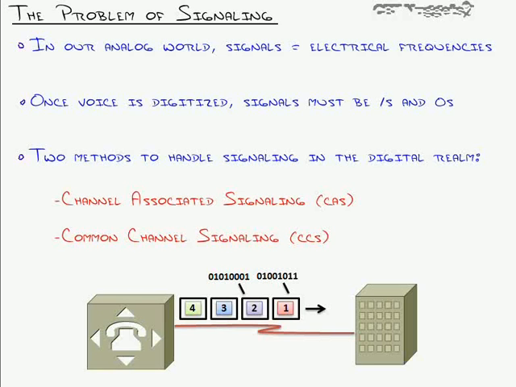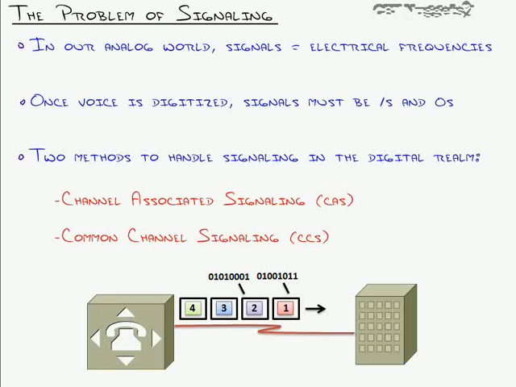The second area we have to conquer when we move into the digital realm is signaling. In the analog world, the signals were electric frequencies. You might think back to the analog signaling nugget, where I talked about how when we sent dial tone, it was a specific hertz of electrical signal. Or when we push buttons on our telephone keypad, you hear the beep, beep, beep. All the different beeping noises are dual tone multi-frequency, which is actually playing 2 different electrical frequencies that we recognize as tones at the same time, and that's what lets the carrier pinpoint what digits you're actually dialing.